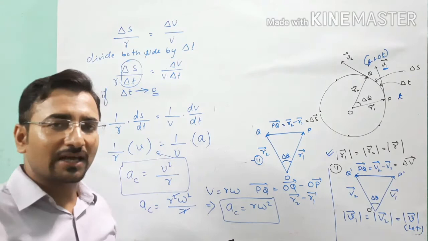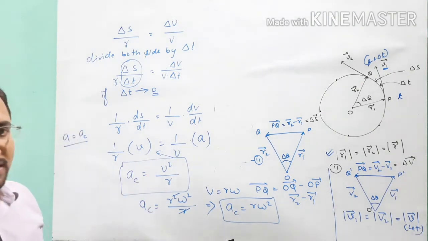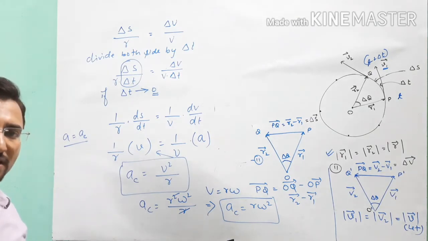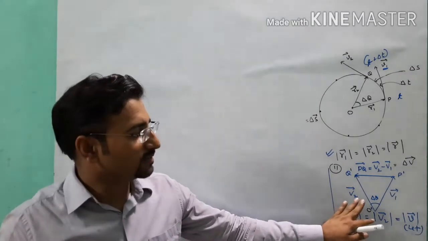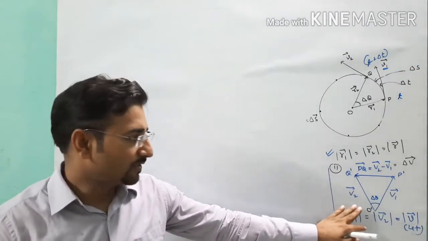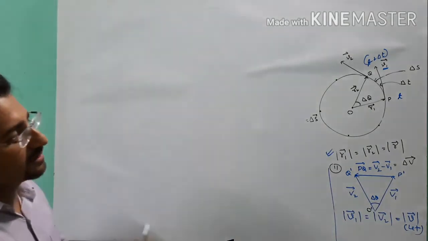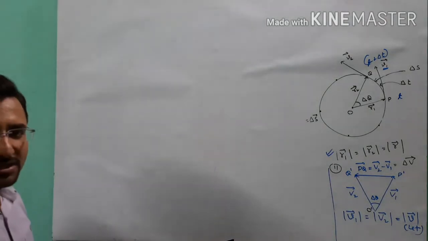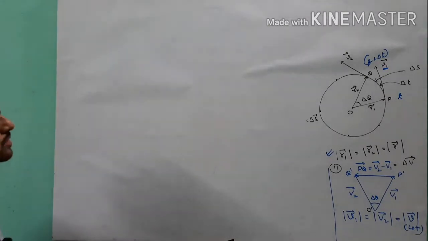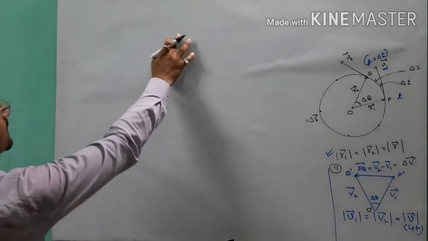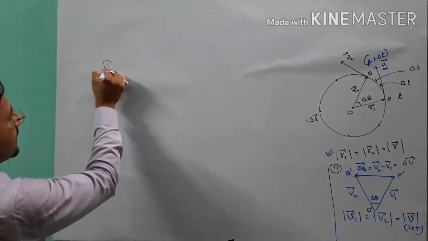And one more method I have to show this relation. See how we will prove this relation with the help of the next method. Now see student, for the next method this diagram remains the same as it is. With the help of a single triangle I can prove the relation between centripetal acceleration, velocity and radius also. So see here how we will derive a relation of centripetal acceleration with the help of this. See, this is our second method.